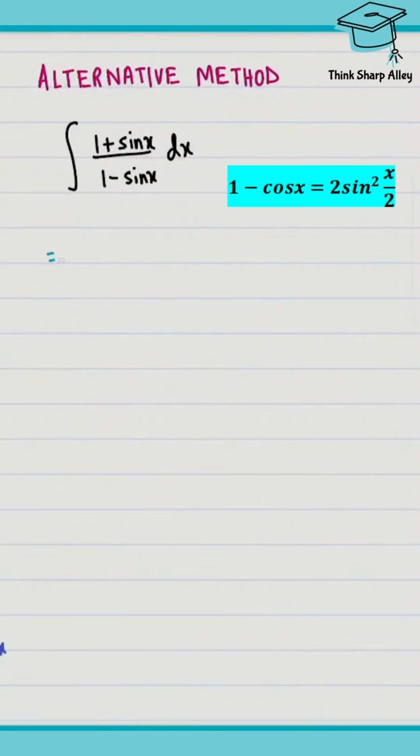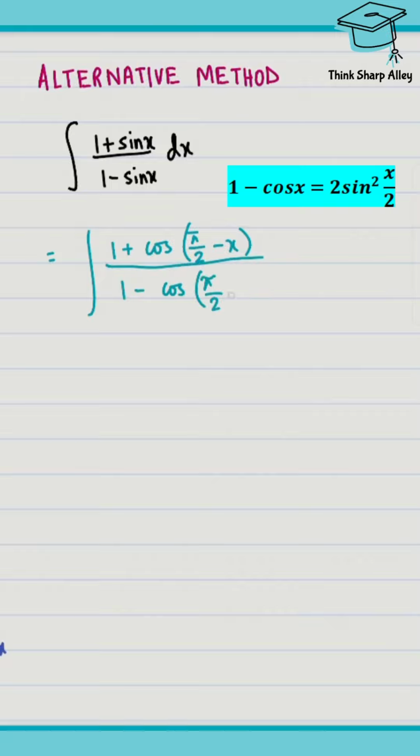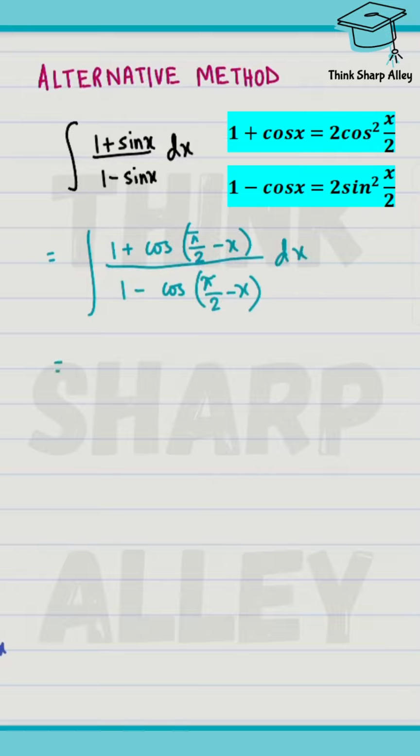Now let's have a look at the second method, which is the shorter and smarter way. If you don't like long roads, here's the shortcut. Notice sin x can be written as cos(pi by 2 minus x). And so we convert everything in terms of cos and then use submultiple angle identities that you can see on screen. After applying it, notice that the angle has been divided by 2.